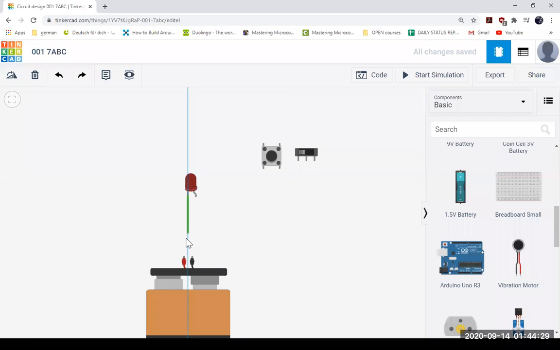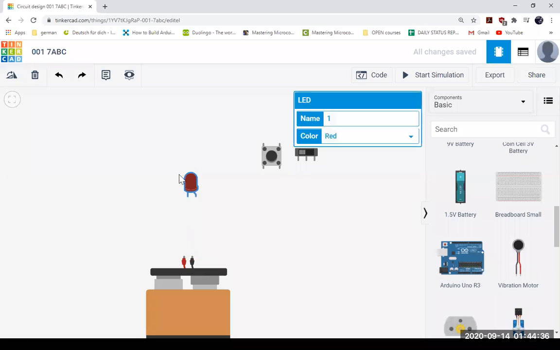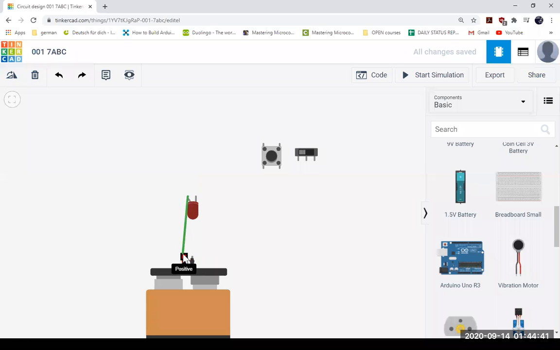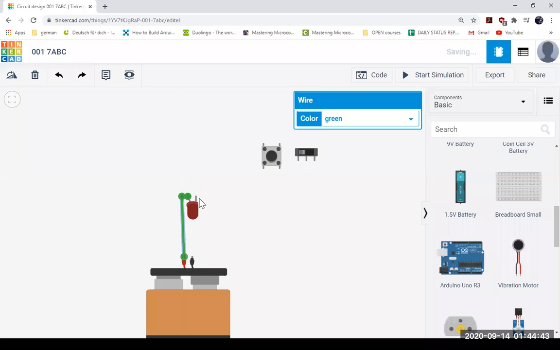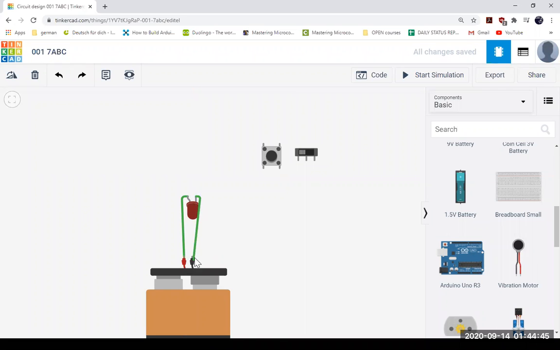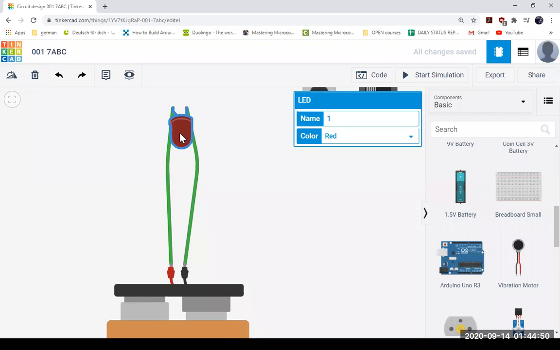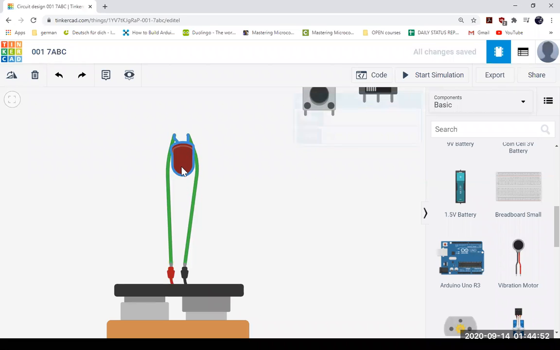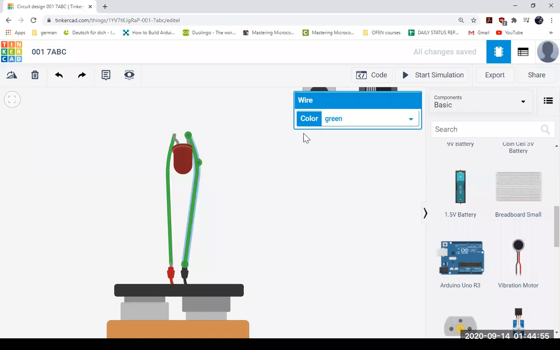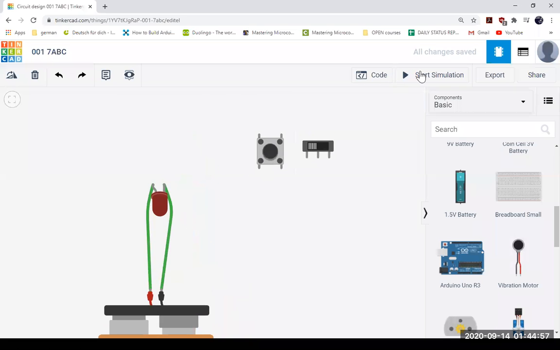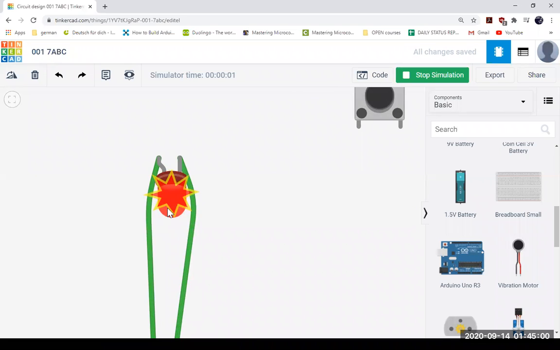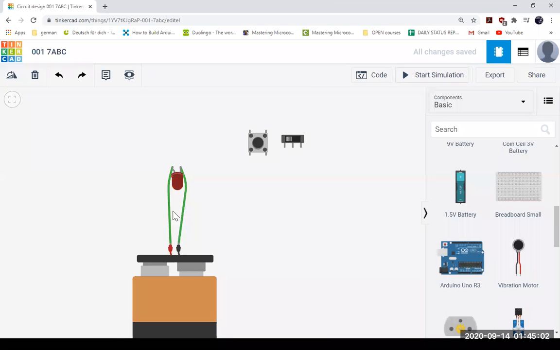Right, so cathode is negative. So this is anode, so I can connect it like this. This is cathode, so I can connect it like this. Okay. Alright. So what is this? This is green. Anyways, so if I turn it on, it turns on. Okay. Don't worry about this because I have not connected any resistor.